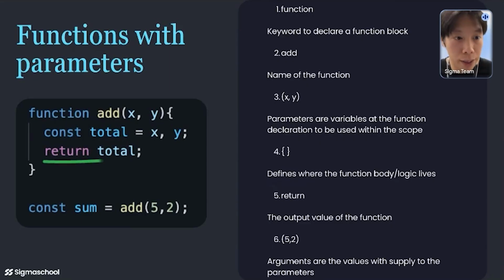Now, over here, you can see that it's creating a constant variable called total, and, okay, I think there's a typo over here. It's supposed to be a plus. Let's assume this is a plus, so it's X plus Y, right? And then it returns the variable total. The keyword return means that whenever you run that function, it returns the variable. In this case, you can return a constant value or whatever, but in this example, you're returning whatever is stored inside the variable total.